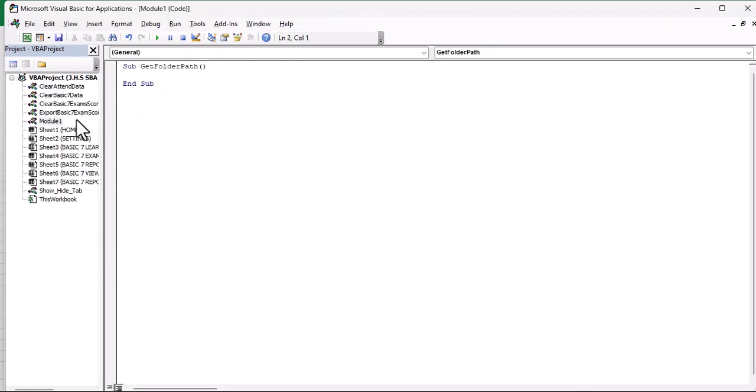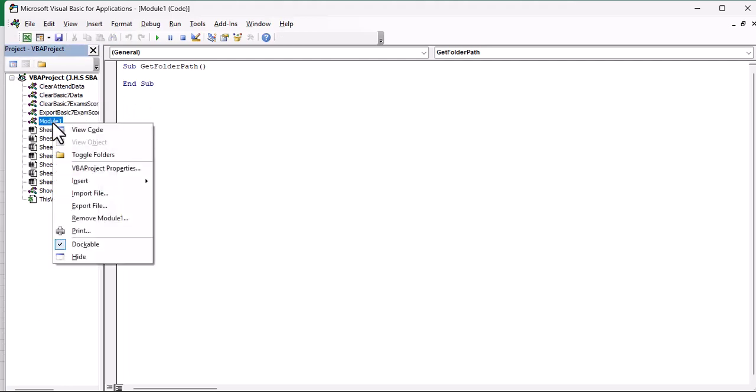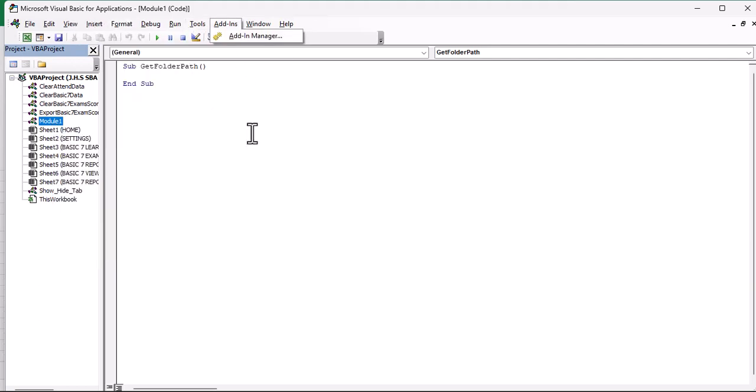Okay, but before that you can name the folder. You can name it over here. The module is being created without a name. Okay, you can name it over here. Now we are going to,